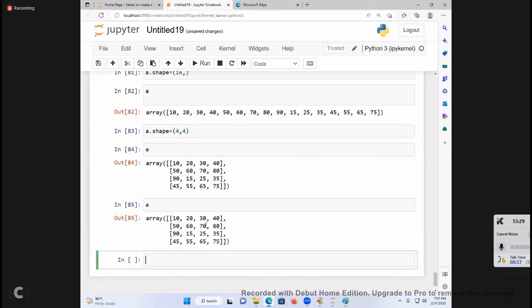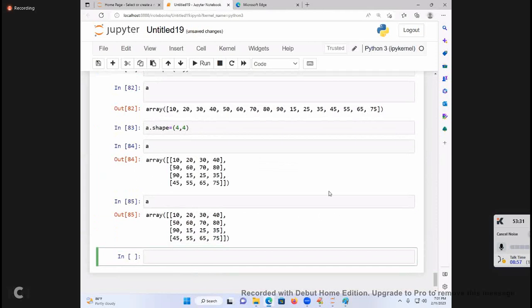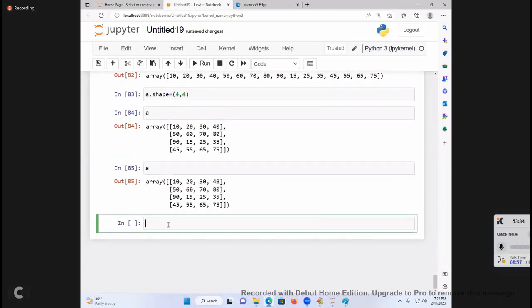This is my element, right? Which matrix? A 4 by 4 matrix. I am not asking dimension. Which matrix? 4 by 4. Shape: 4 comma 4, that is 16 elements. You have full doubt about dimension and shape.